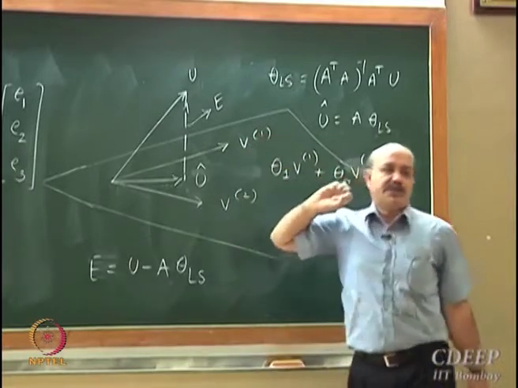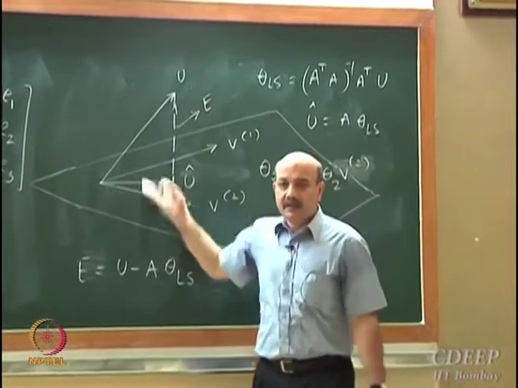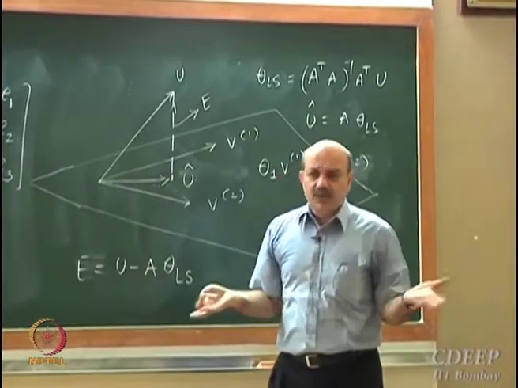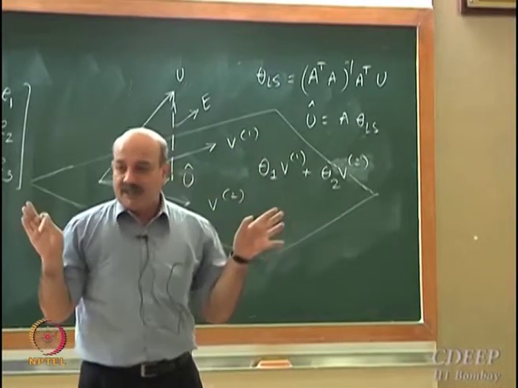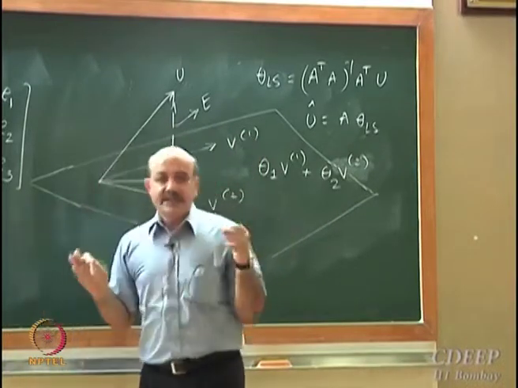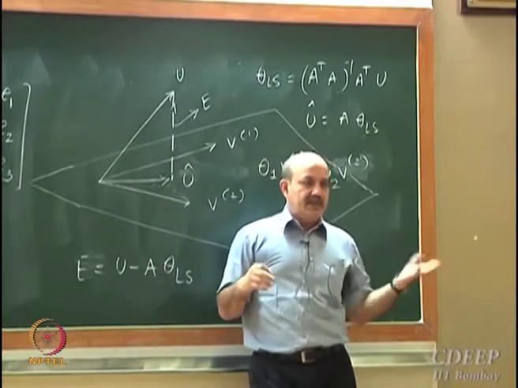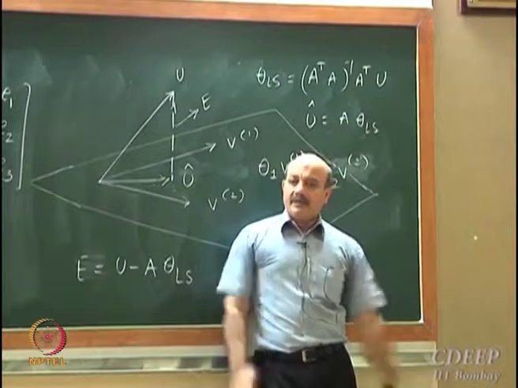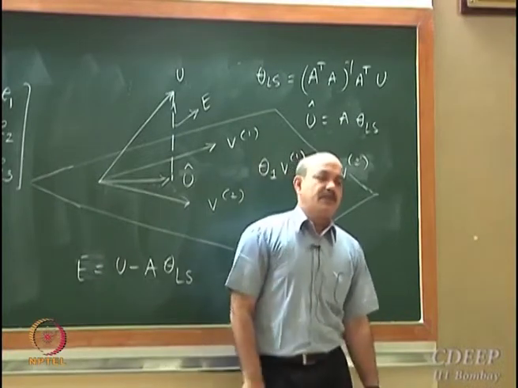In least square approximation, the error vector is perpendicular to the plane. This you know from your school geometry, right? I am just generalizing that result to any inner product space. What is very, very elegant is that the same result can hold in any inner product space, in any Hilbert space. You can have the same result which you know from school geometry, finding the minimum distance of a point from a plane.